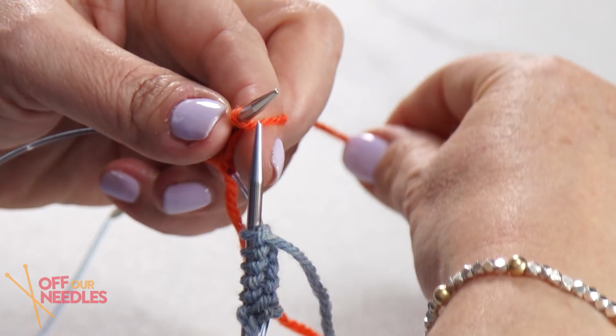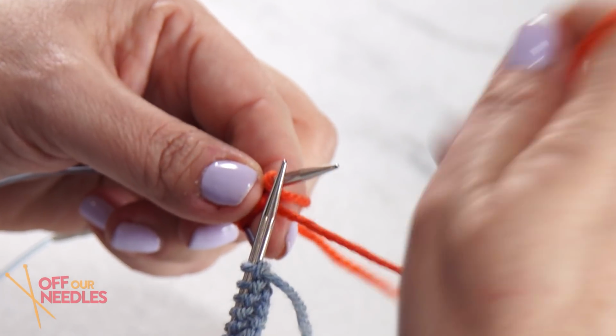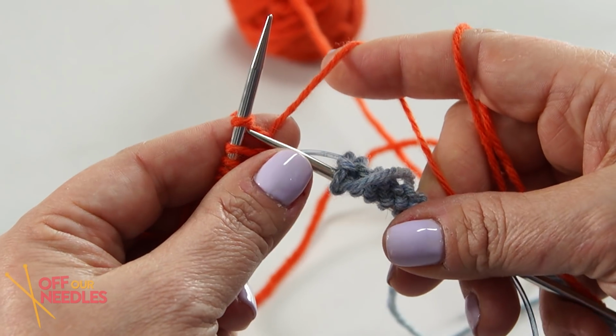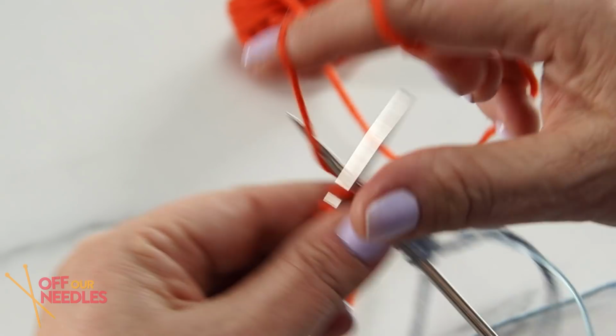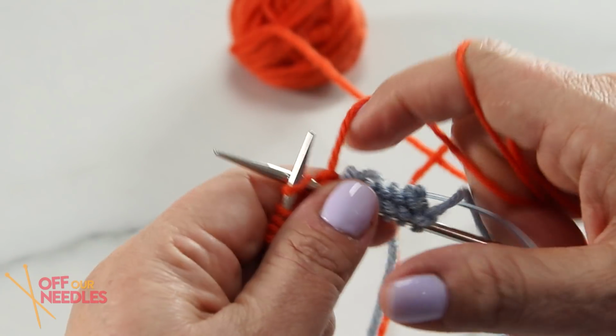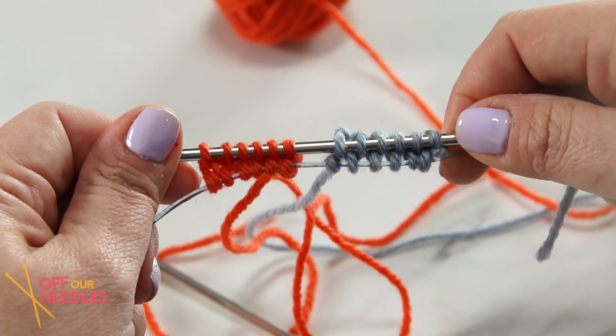So take the tail to the back, and you've got your working yarn. You've kind of tucked them in together here. Now you're still gonna use the same working needle to work across. So let's use our orange yarn and just work across those. So just like any magic loop knitting, now we want to turn it and work the back side of our